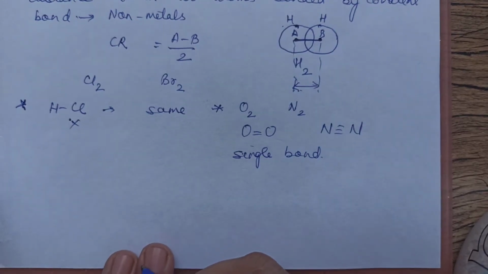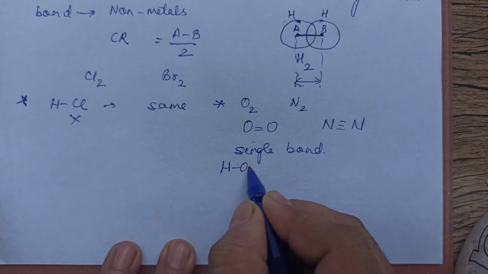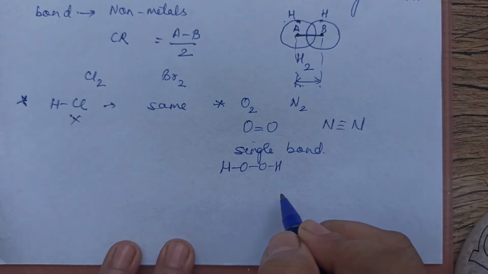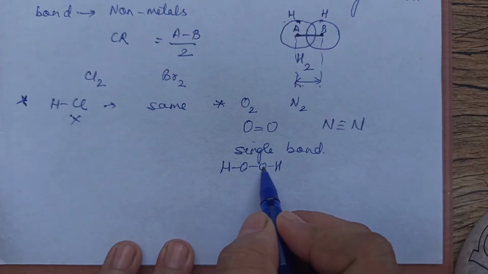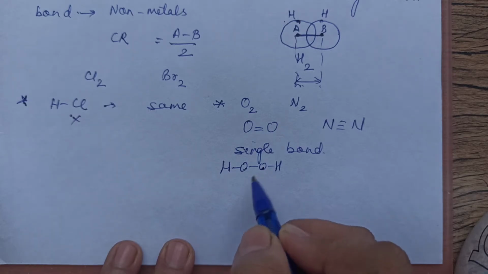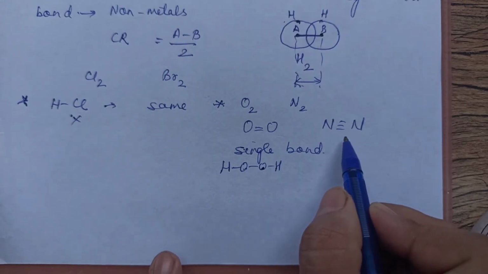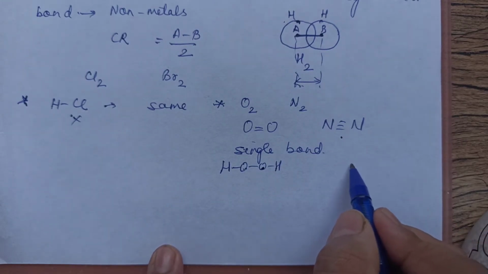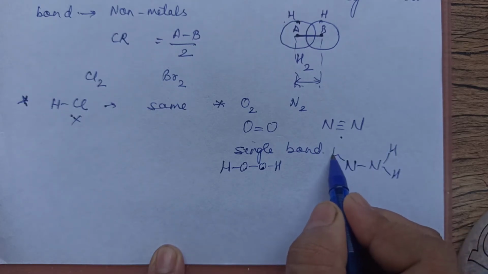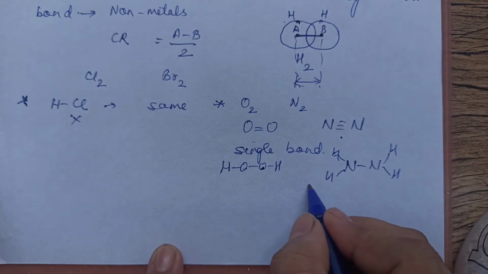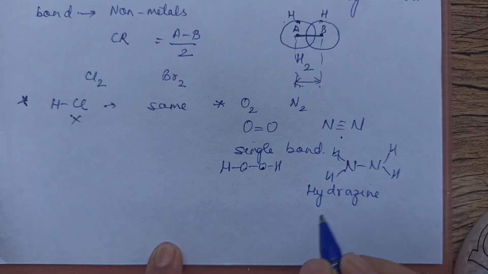Clear? So what to do now? What molecule should we select for oxygen? We will select hydrogen peroxide. This is an open book structure, but I've drawn it like this just to explain there is a single bond. So now the internuclear distance between two oxygen atoms can be calculated, and divided by 2 will give you the covalent radius. If I have to calculate for nitrogen, I have to select an example where there is a single bond between two nitrogen atoms. What is this example, children? This is hydrazine. This is very important.